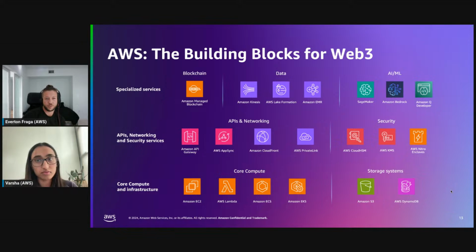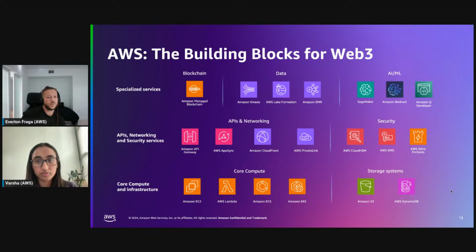We have over 200 services today, and we have the most comprehensive selection of compute instances with over 750 types and sizes, with a variety of processor architecture and some very specialized hardware that AWS employed in this almost 20 years of experience, right?